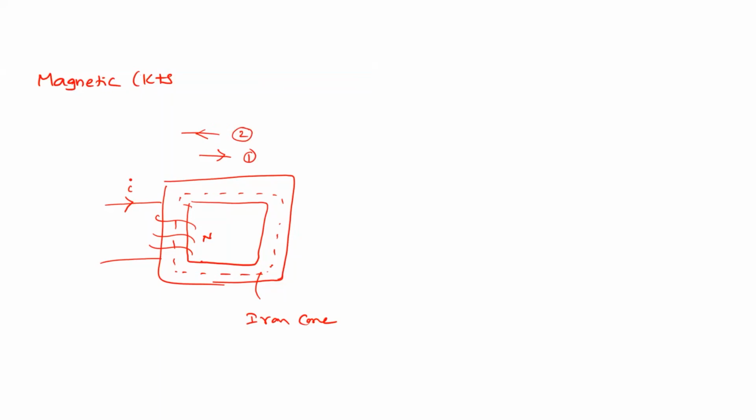What will it say? Coil your fingers in the direction of current, and the thumb gives the direction of flux. What is the direction of flux? I'm asking a simple question. 1, sir, coming out of the paper. This is the current going into the paper, right? So the magnetic flux will be going into the core, right? Yes, sir. That is simple.